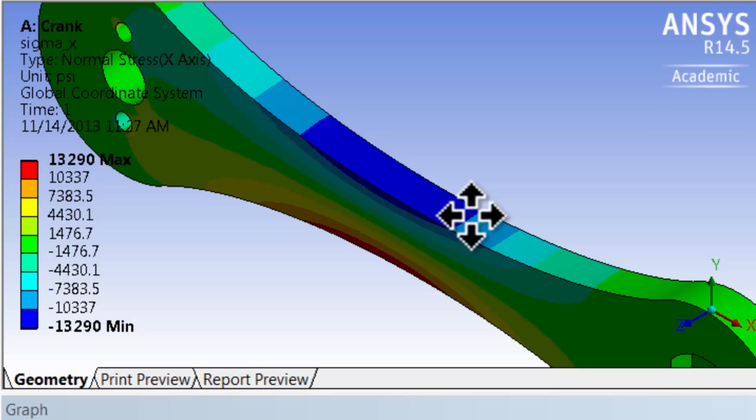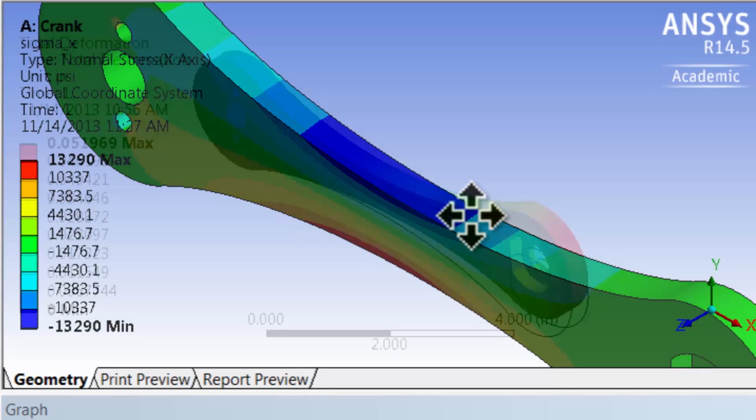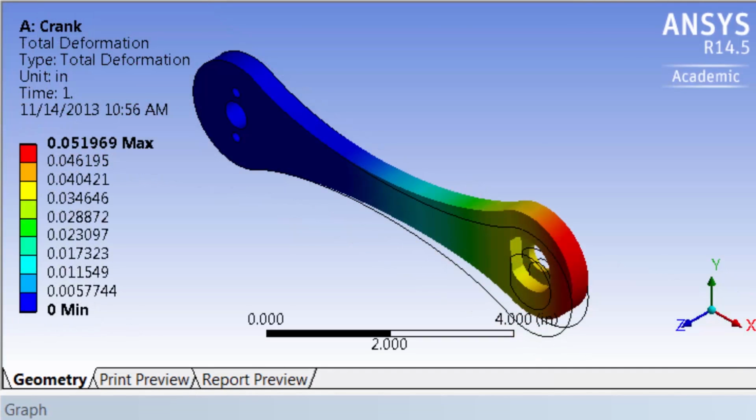So since this is almost in pure bending, and it's a plane stress situation, a 3D analysis for this model is actually overkill, unless you're using it as a stepping stone to do a more complicated assembly analysis. If you want to make a copy of this image and save it to an appropriate folder,